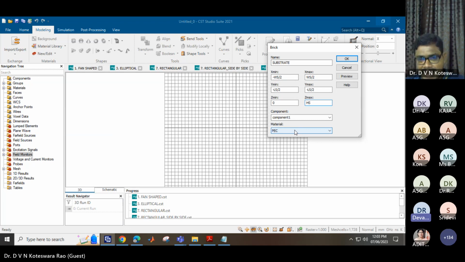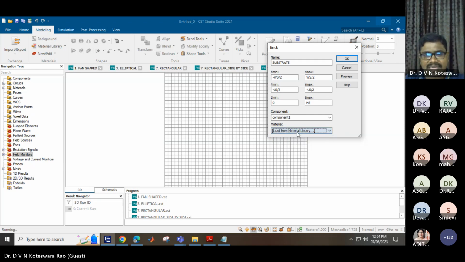Then in the bottom pane, you have to choose the material. Most of the materials have already been installed in the software. But if you want to design a new material, go for a new material and give the corresponding values of dielectric constant, loss tangent, etc. Suppose you want a jean substrate in the applications of wireless body area network, then you have to define your own material. Otherwise, for this particular planar ultra wideband antenna, the material which is already available in